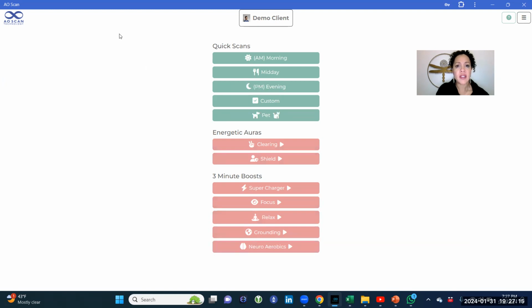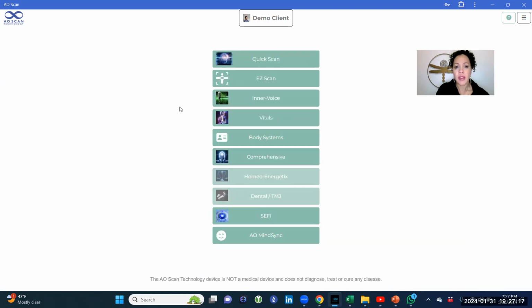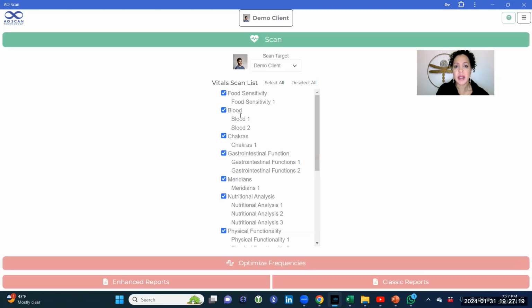You also have access to the vital scan for pets. And with the vital scan, you can see here my demo client is the pet owner, and the target would be my demo dog. And in a few seconds of scanning,